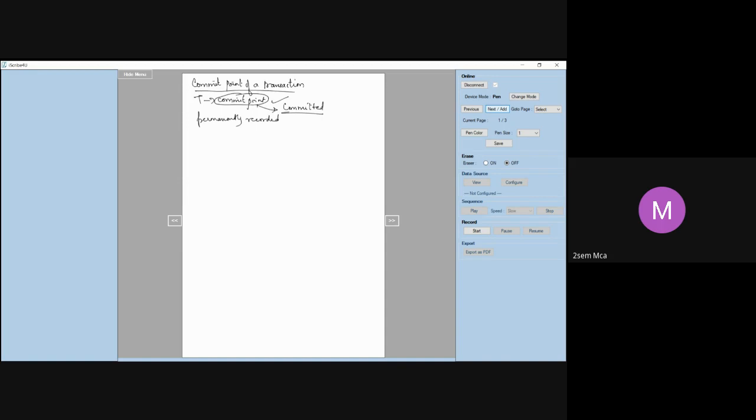The transaction will then write a commit record. This will also get recorded into your log, as I told you previously, commit comma T. That means this gets recorded into the system log, that this particular transaction T has been committed. Right? Now, if a system failure has occurred, then what will happen? We go back to the log and we search for the transaction T. We go up to the point where start transaction would have got recorded, that this transaction has started.